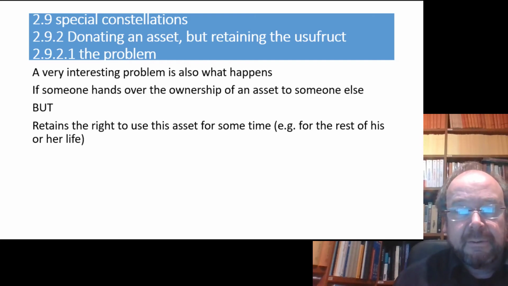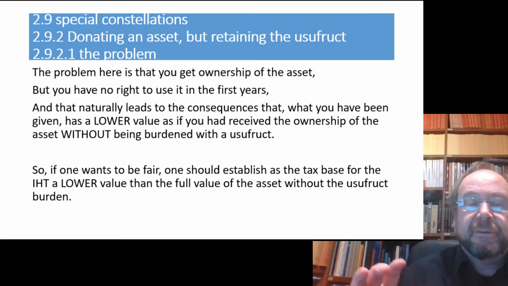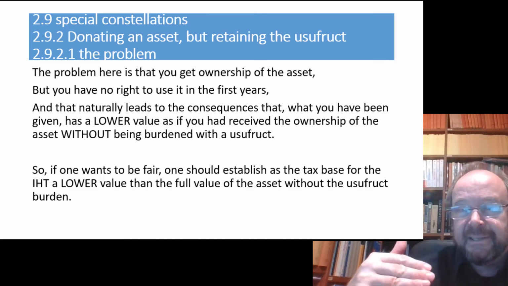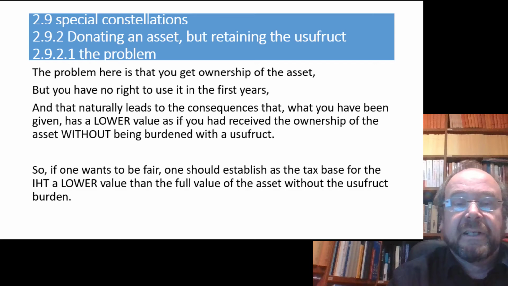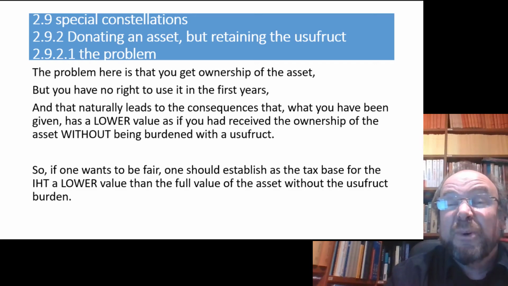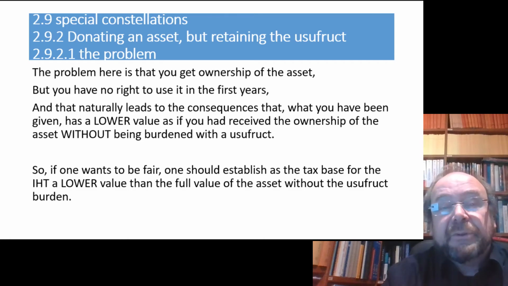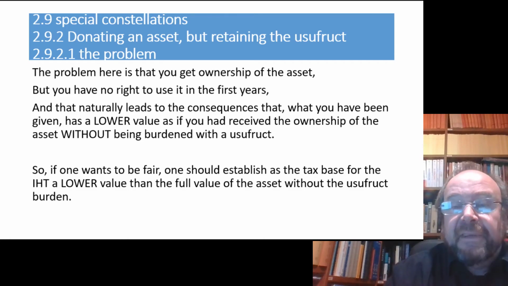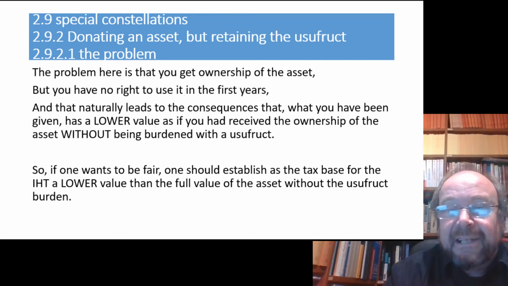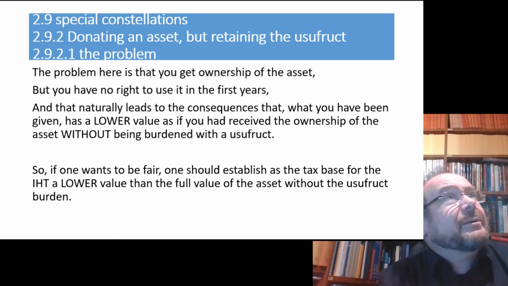Good. So here, let's say, if you are a child and get a house from your parents, then you get ownership of the asset, but you have no right to use it during the first years. That leads to the natural consequence that it would be wrong to say you get a house with a value of 800,000,